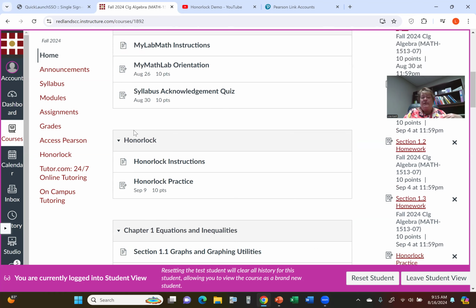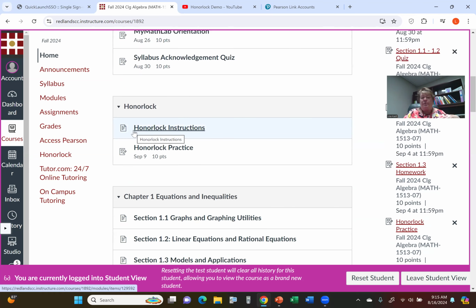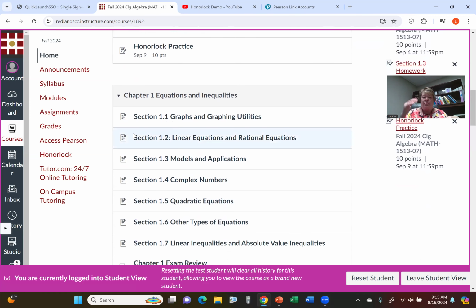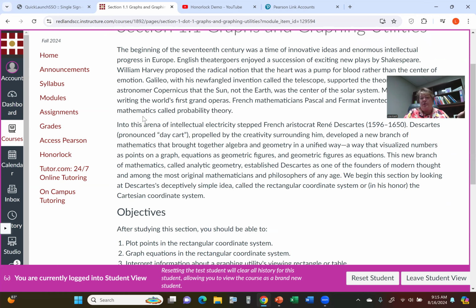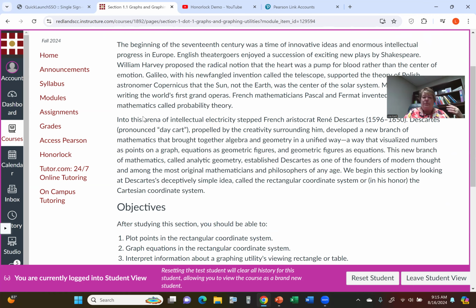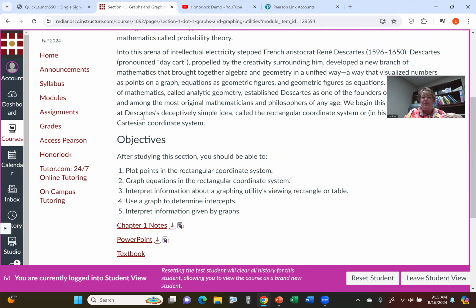And as I said, it's created with modules, and so each chapter is a module. You go to the first section in that module, and you get all the resources that you should need to be able to navigate through that module.